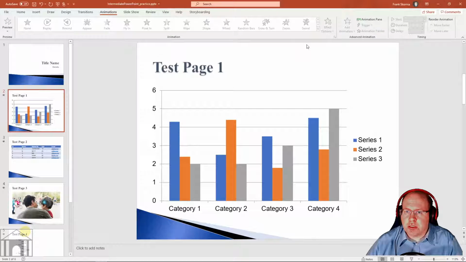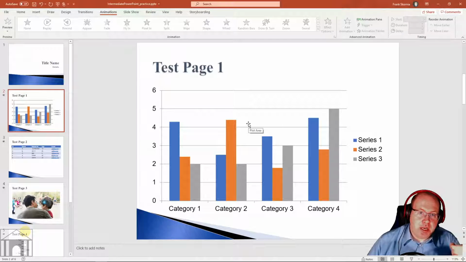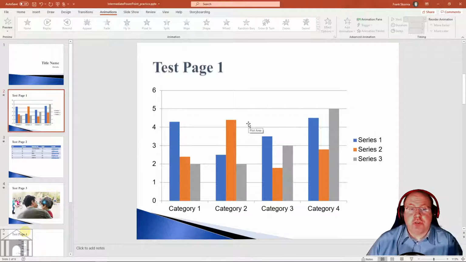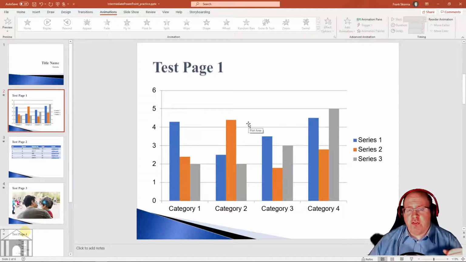Let me actually select an item. You can see it's all grayed out right now because nothing is selected. There are 4 main types of animation available. There's an entrance animation, which shows how the object shows up on the slide. The object itself has its own transition, so it can fade in, it can fly in, it can do